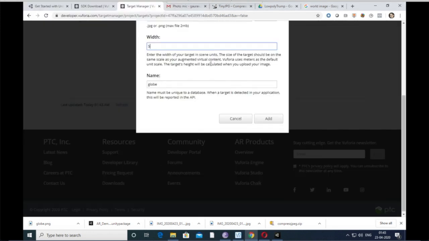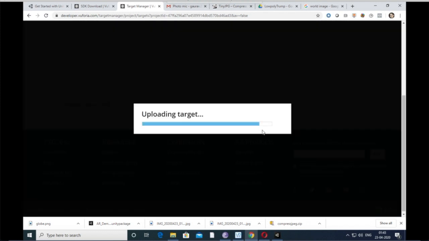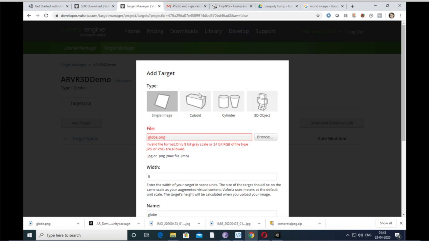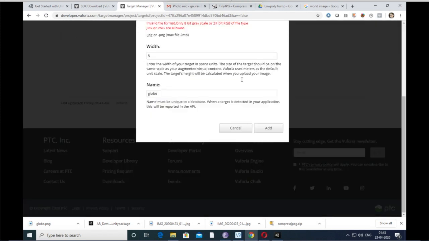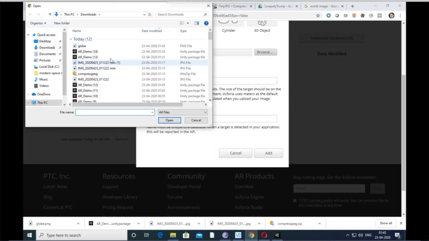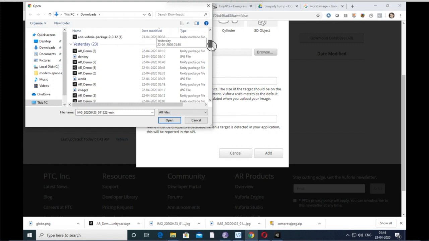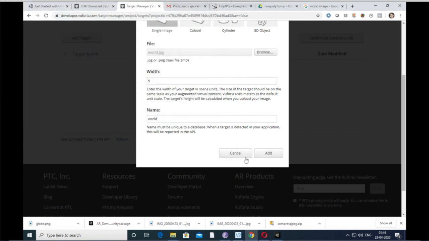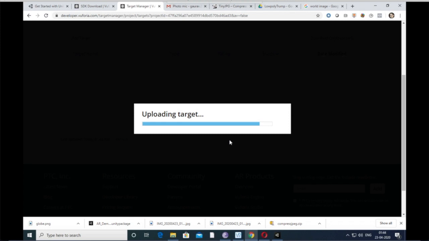Here for width just give 5. You can select other images, you can just select this image world that I have downloaded already. It should be maximum 2 MB, and then it should follow all the criteria here.